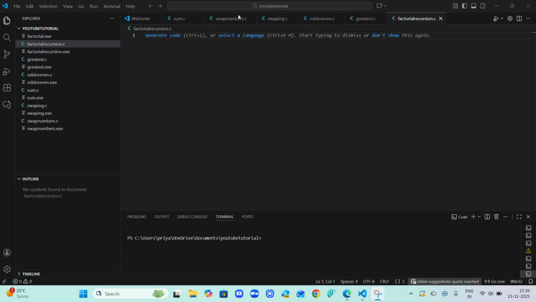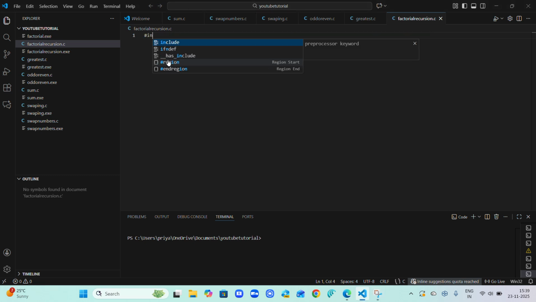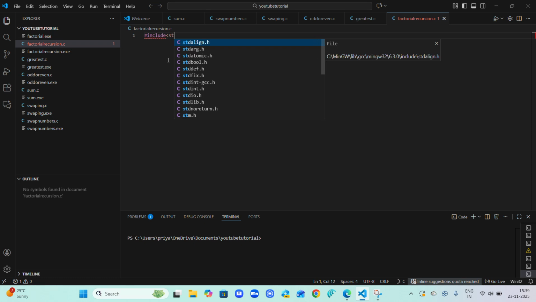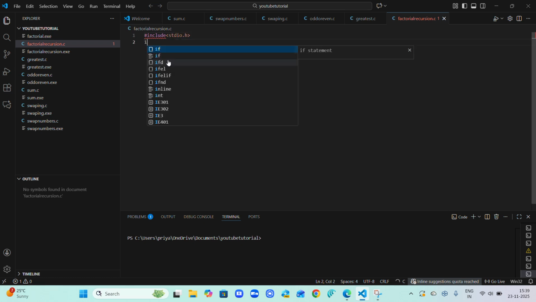Today I'm going to show you how we can take out the factorial of a number using recursion. So here I have created one file with the name factorial recursion.c, and here I go. I have to first of all include the header file, #include <stdio.h>, and then I have to write int